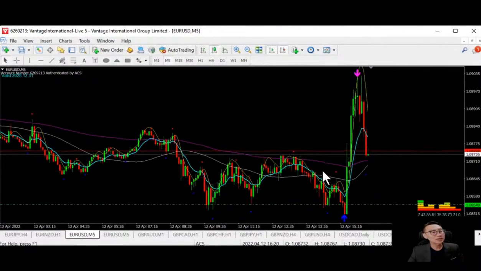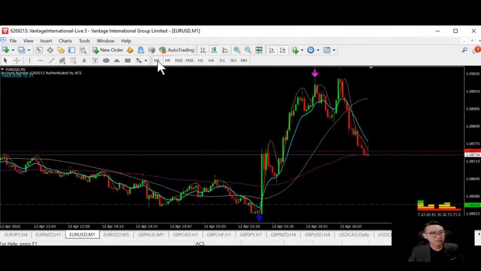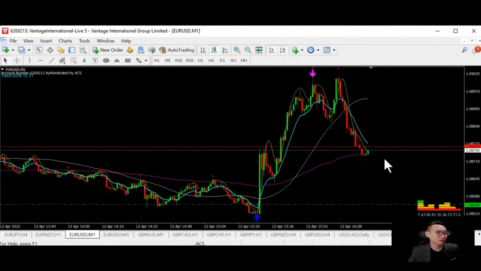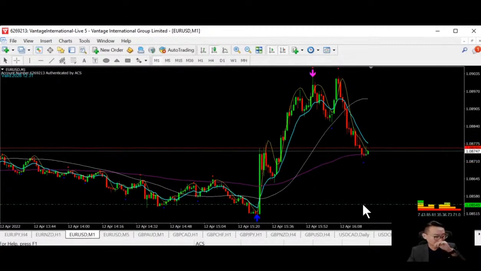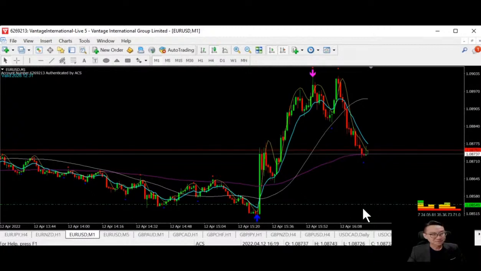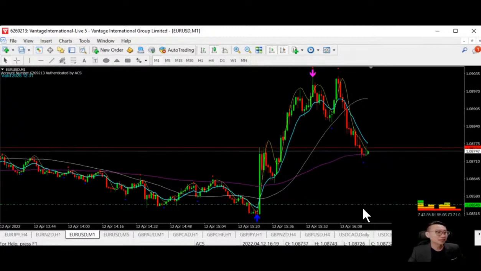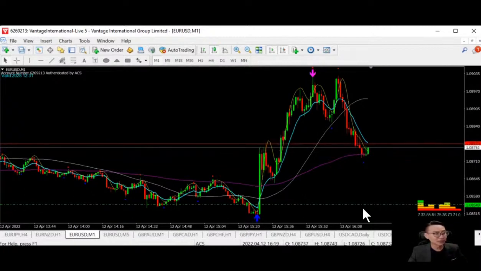Looking at this euro dollar, yes, I will take note of euro dollar to trade. For example, right now, from the trigger point here, roughly we have about 16 pips. Can we enter a trade at 16? If we want to enter a trade, very likely we should be entering to grab about 10. Why a 10? Like